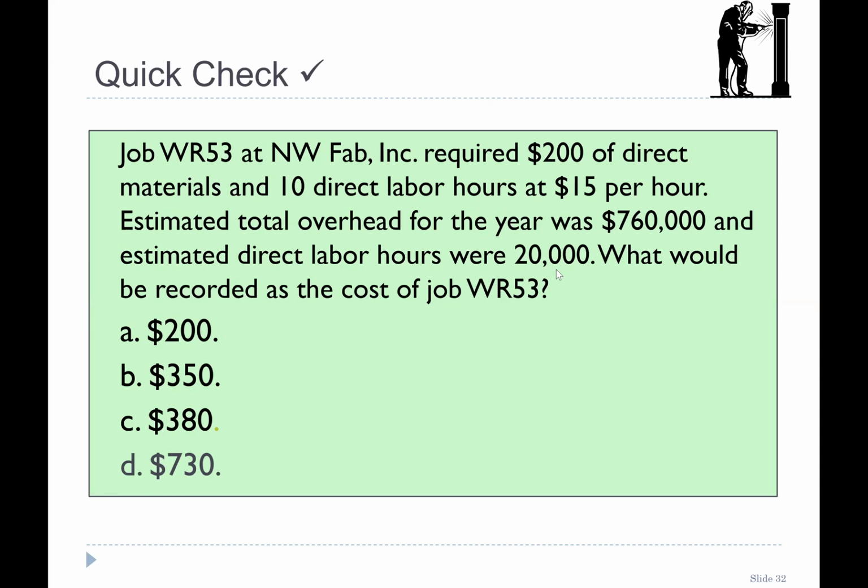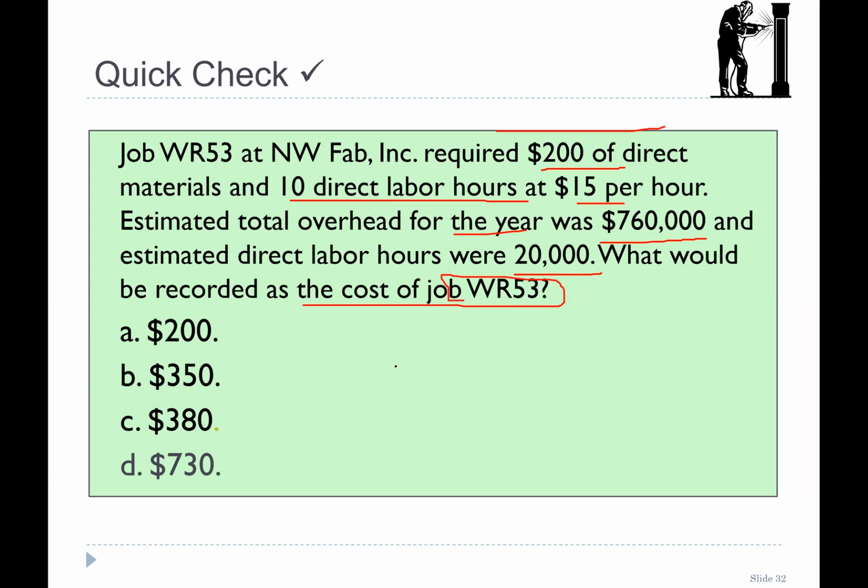Okay, welcome back. After the breakout room activity, we also had a short break. Before going into the breakout room activity, we were solving this quiz. Let me read that. Job WR53 at NW Fab Incorporation requires $200 of direct material and 10 direct labor hours at $15 per hour. The estimated total overhead for the year was 760,000 and estimated direct labor hours were 20,000. So what would be recorded as the cost of the job